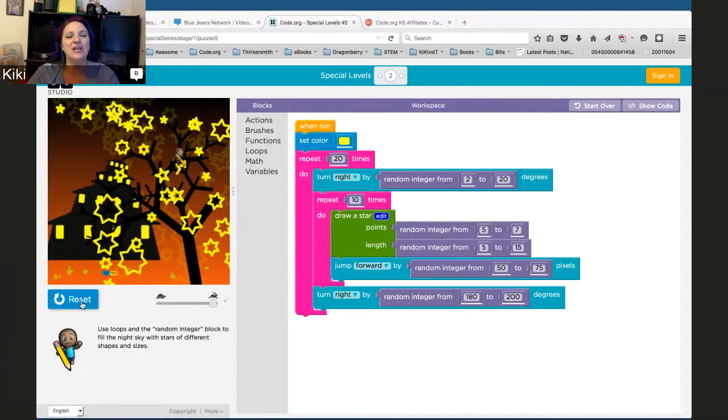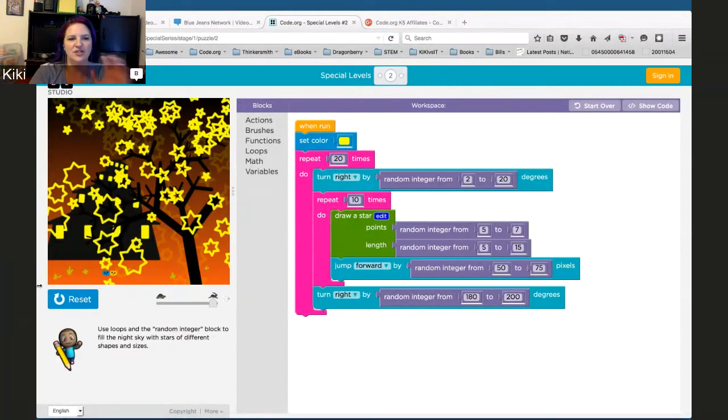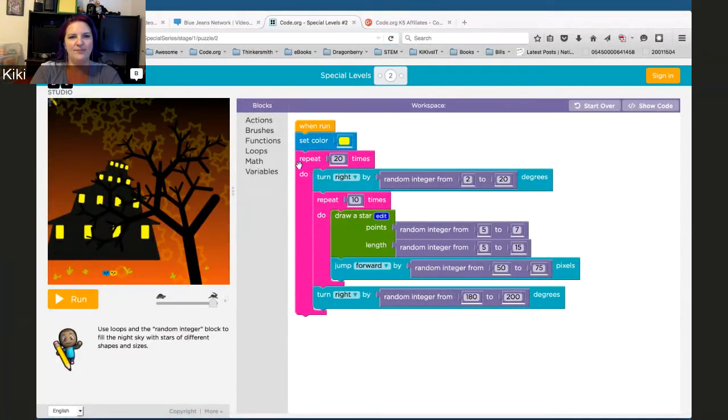And the kids can play with anything. They can mess with any of the parameter numbers, and it's all free play. So there's not going to be a right answer and a wrong answer. They can just play with it, and whatever they end up with, they end up with.